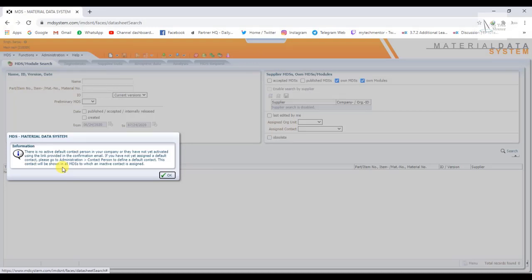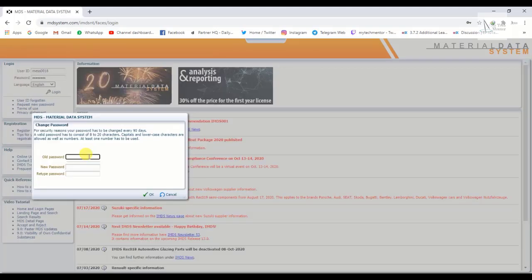Now you have to change your old password to a new password. Old password, and then I'm entering the new one. This is repeating. Click on OK.